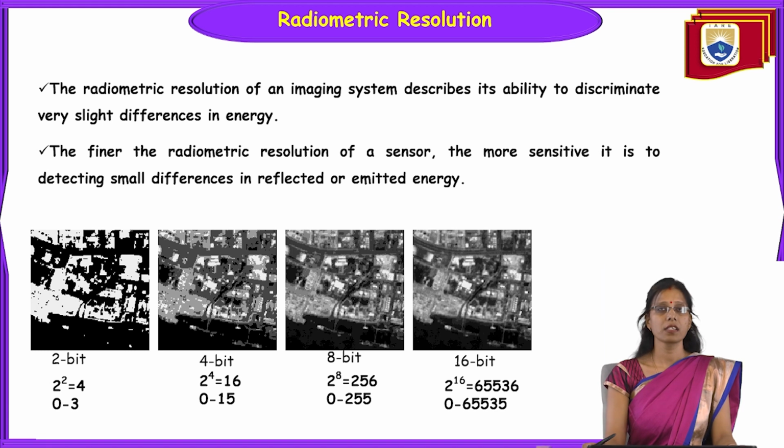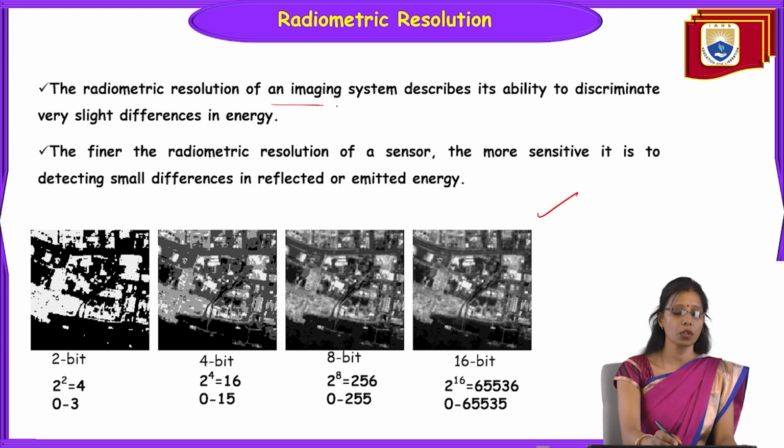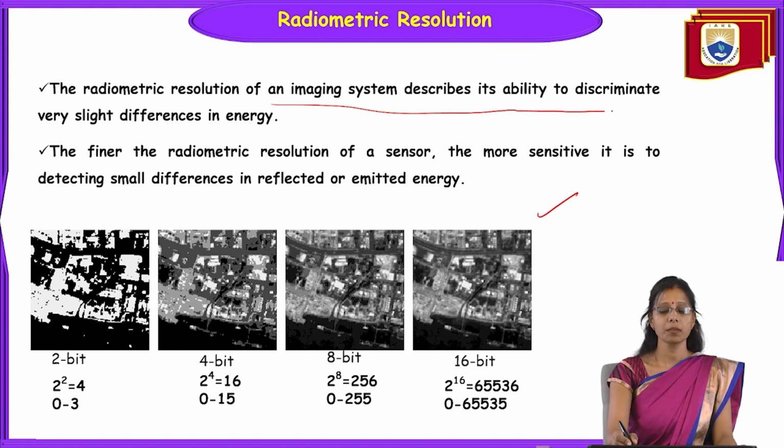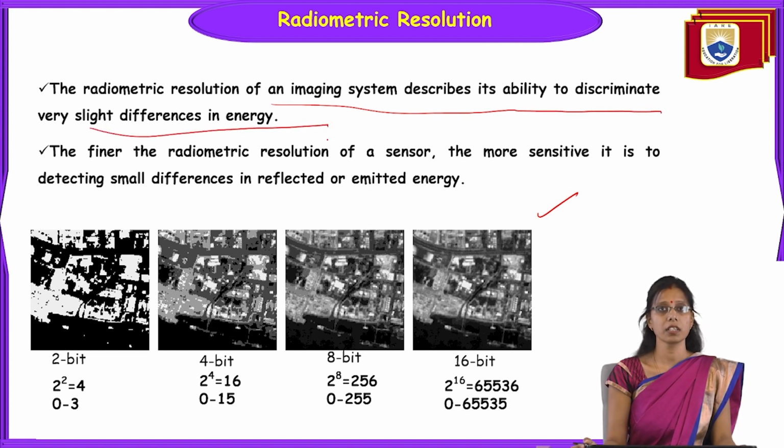Now coming to the next resolution, that is radiometric resolution. So this is a very important part again. Radiometric resolution is what? It is to discriminate very slight differences in the energy. So radiometric resolution of an imaging system describes its ability to discriminate very slight differences in energy. That means energy in terms of electromagnetic energy when it falls on the ground surface, how easily we are able